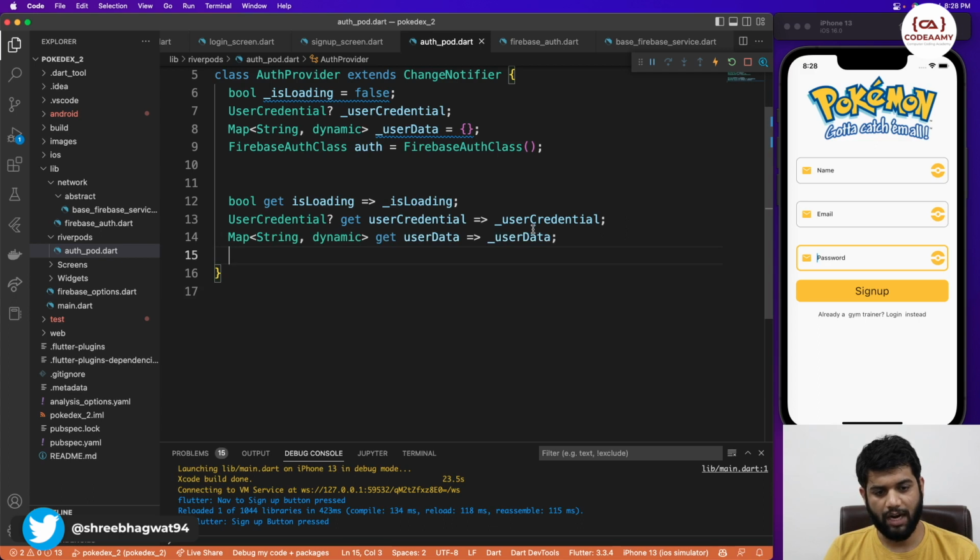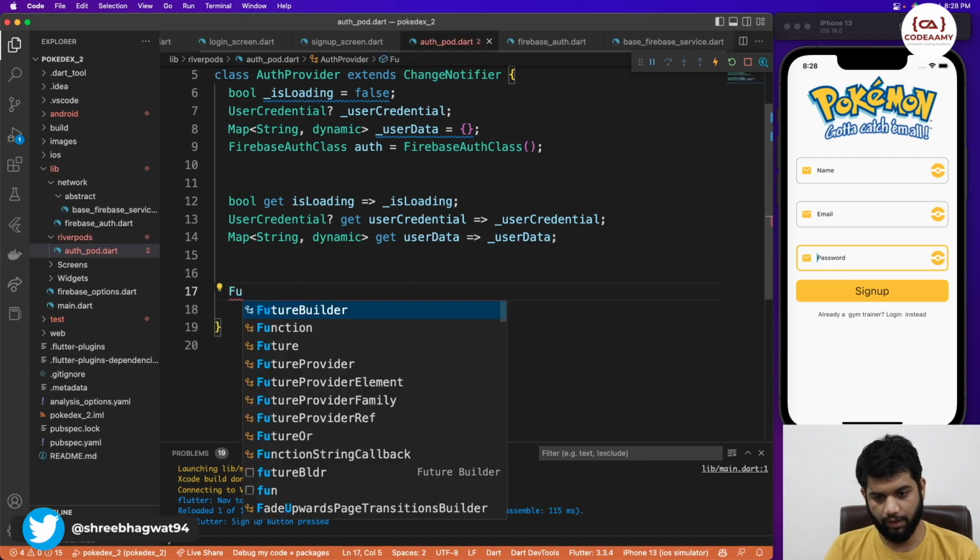These are the getter functions that will be created so that we can call this data from our provider class to our main UI class that we will be needing. Let's add some functions over here. So let us start with